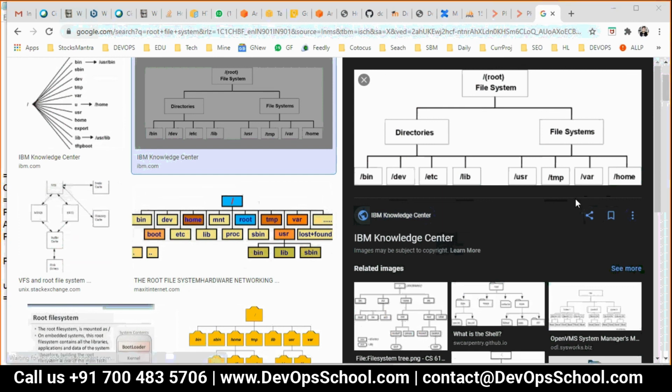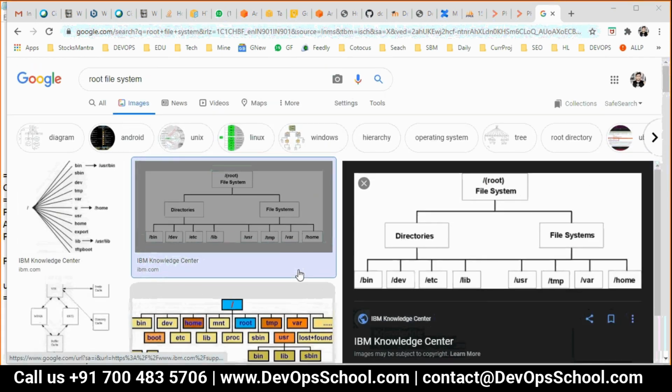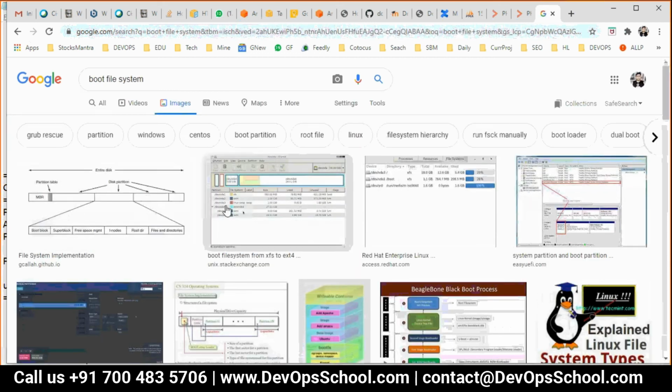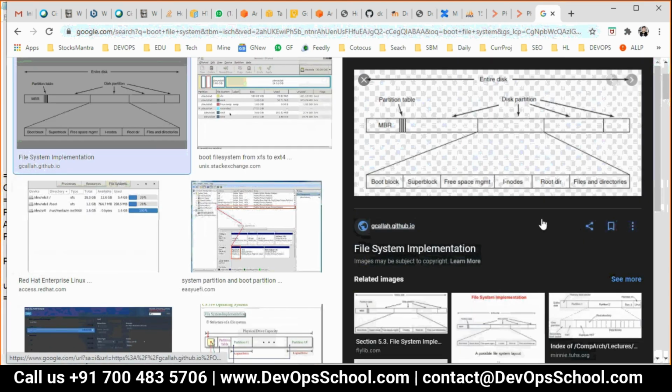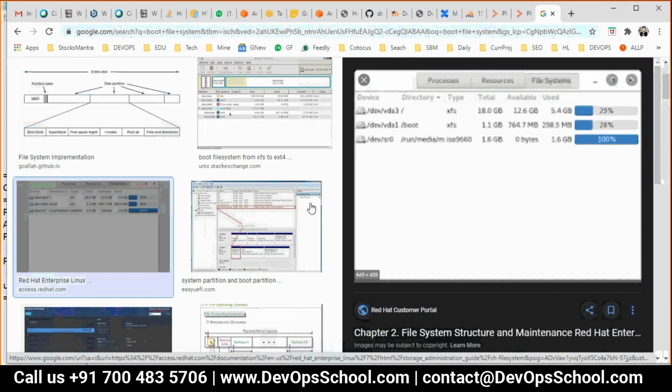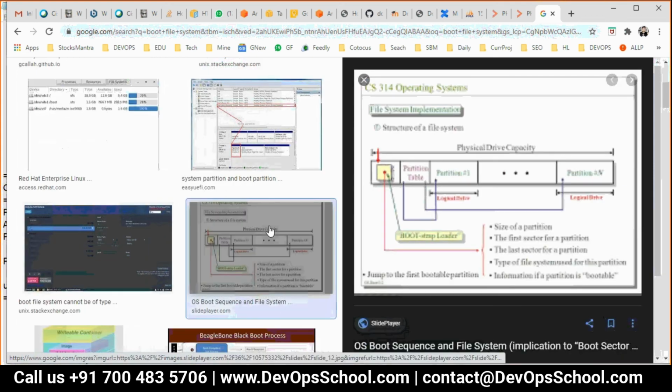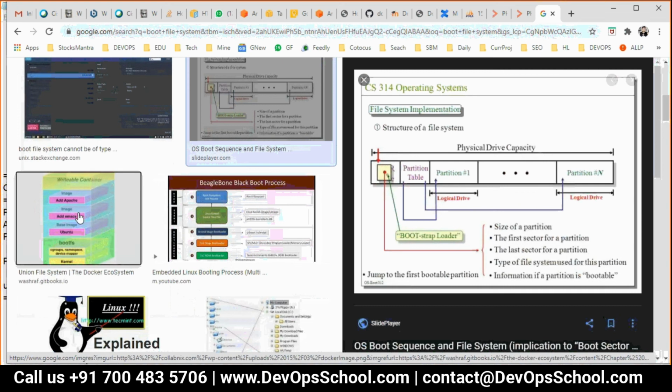Yes. They are called root file system. Now boot file system is your kernel actually. You will not get an image for it probably. You can see the kernel on GitHub. Go to GitHub and you can see the kernel files. So boot file system you cannot see with your eyes at runtime, but you can see the code on github.com.